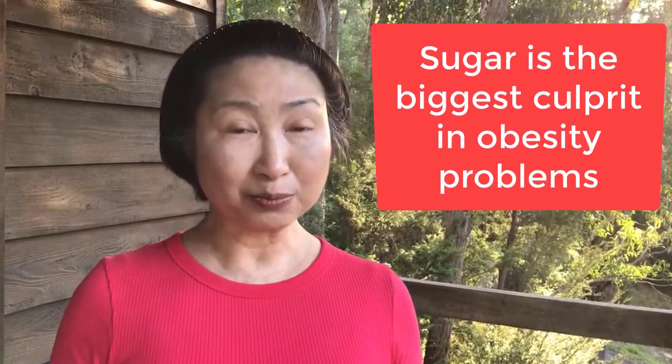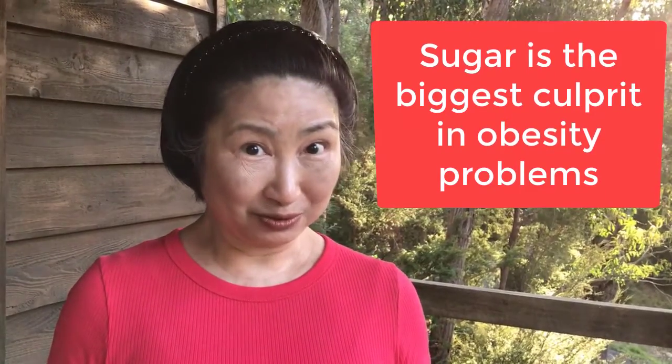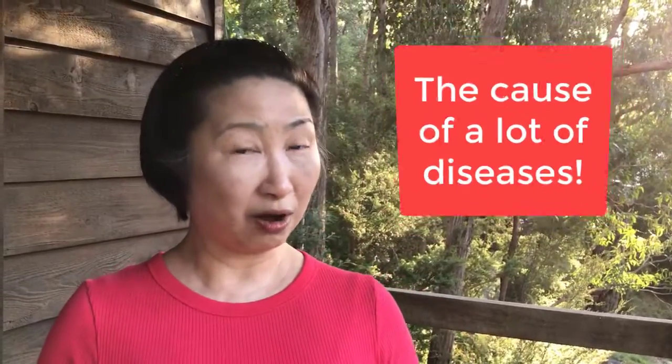Easy ways to cut back sugar. Now, this is a big topic because sugar is really the biggest culprit in obesity problems, right? Sugar is also the cause of a lot of disease. And ladies, it creates wrinkles on your skin. How bad is that? There are really simple, easy ways that you can cut back sugar on a daily